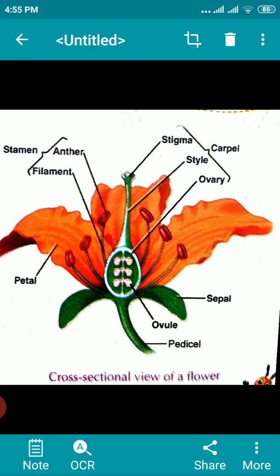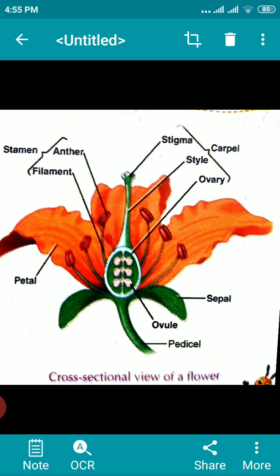The outer parts of the flower that have a leaf-like structure are called sepals. These sepals form the outer wall that encloses the petals and is known as the calyx. See, different four or five sepals will be there, so all together we can say it is a calyx. Now what is the function of this calyx? It protects the flower in the budding stage. You must have seen the bud is enclosed by the sepals, otherwise the calyx. So the first one, sepal, is green in color. It protects the flower in the budding stage.